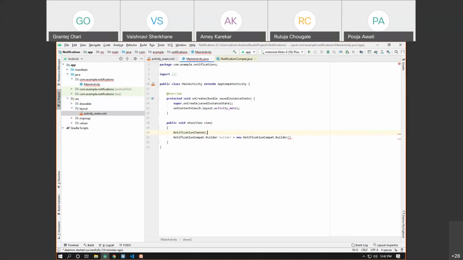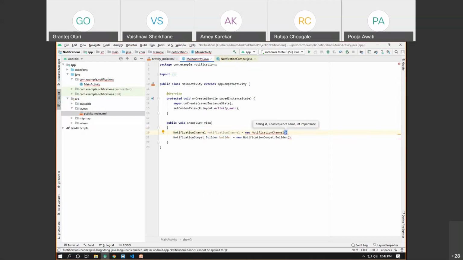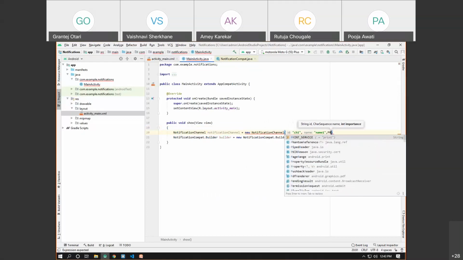So NotificationChannel, I'll call it as notificationChannel is equal to new NotificationChannel, and here you can see I can give three arguments to this particular constructor. So I'll call it as ch1, then name. So I'll call it as name1, and the importance, that's a priority.